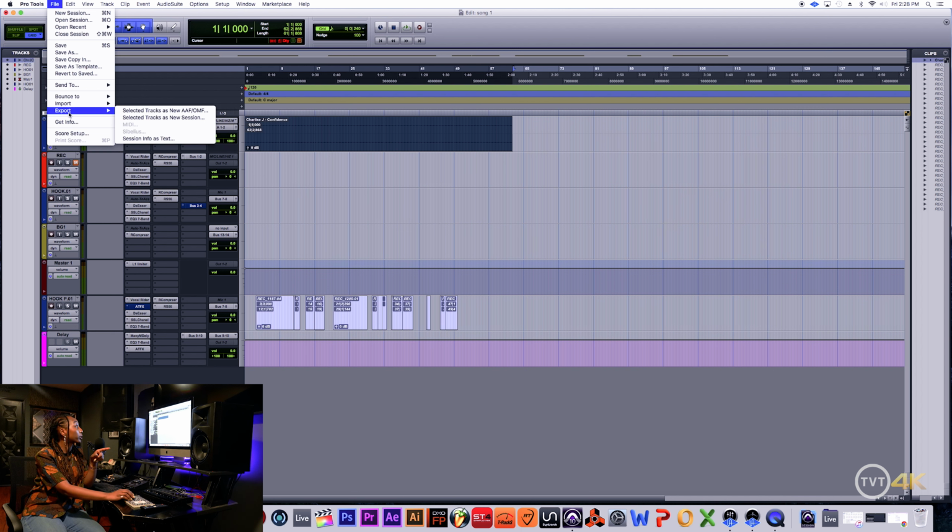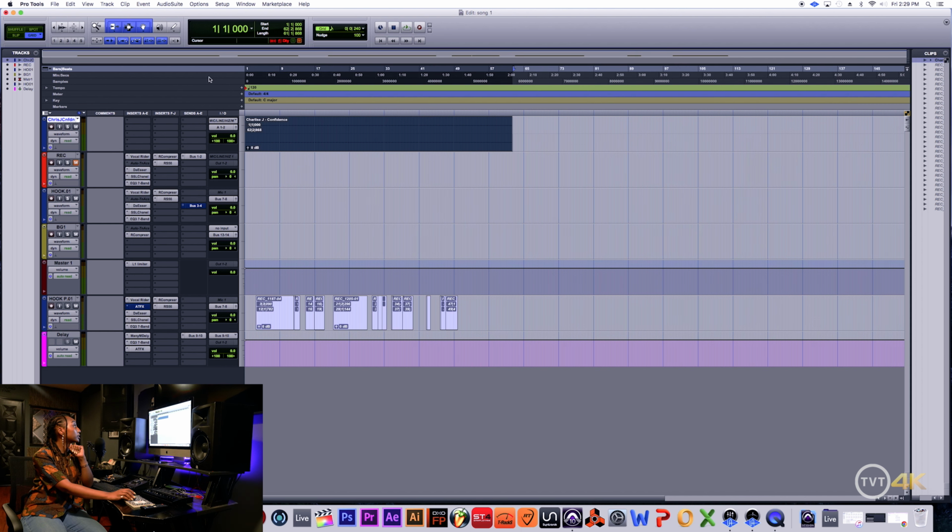If we're going to export, this is where we can export different tracks as a different file. You can export the selected tracks that you want as a new session. And then you can export the session info as text. Okay, so if somebody was to break down and read the text, they can kind of rebuild the whole session from that. Okay, so if we want to export the selected tracks as a new session,